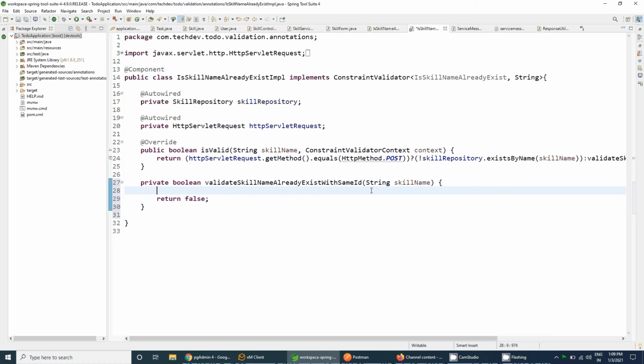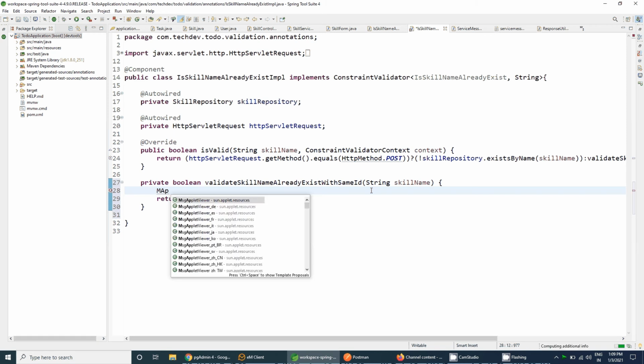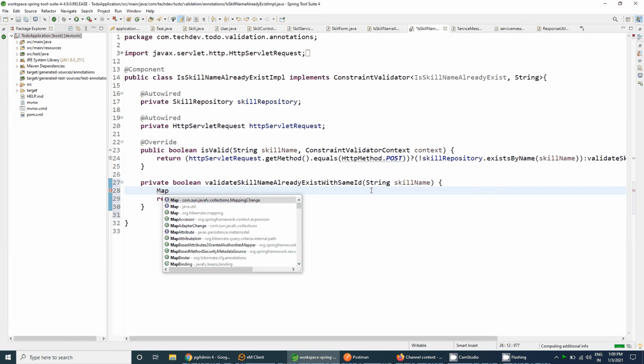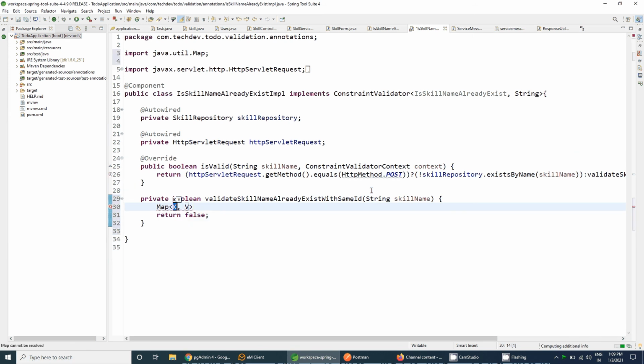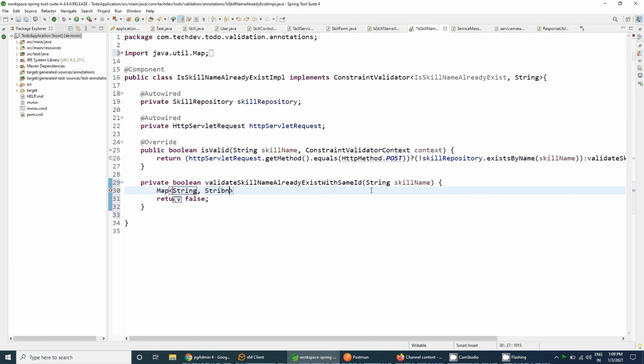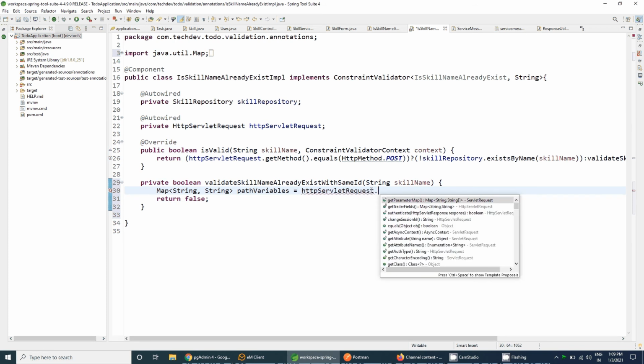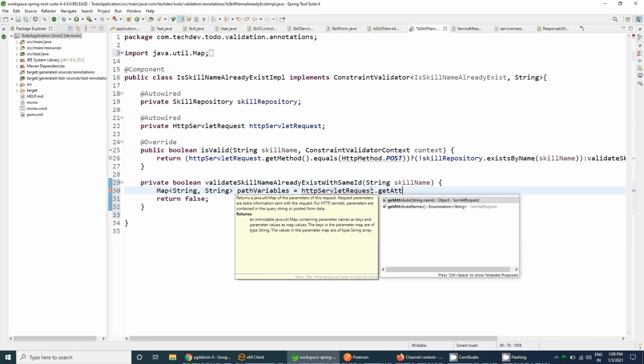For that we need to create a map of string, path variables, HTTP servlet request dot get attribute.